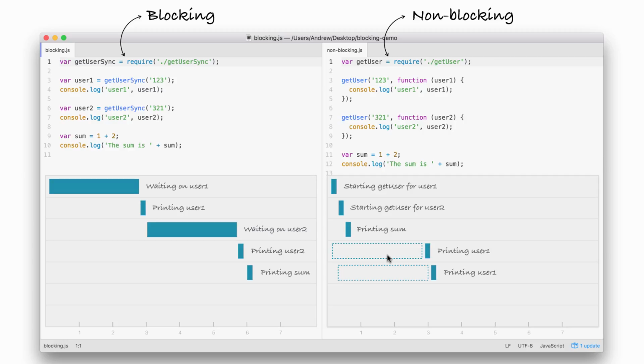Using the non-blocking model, we can still do stuff like printing the sum without having to wait for our database to respond. Now, this is the big difference between the two. Blocking, everything happens in order, and in non-blocking, we start events attaching callbacks, and these callbacks get fired later. We're still printing out user1 and user2, we're just doing it when the data comes back, because the data doesn't